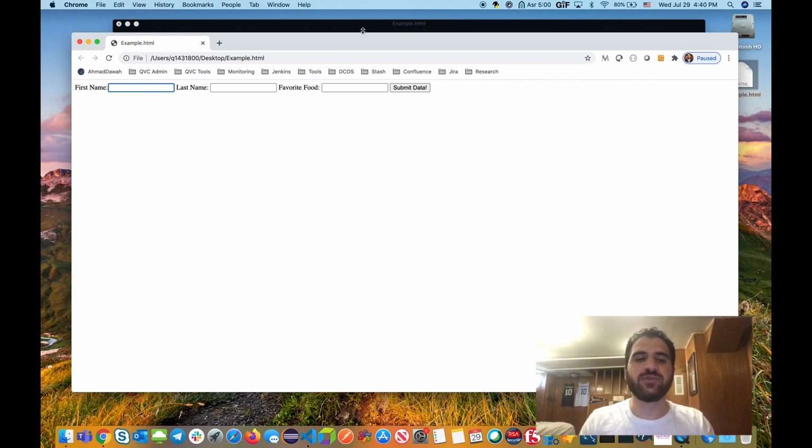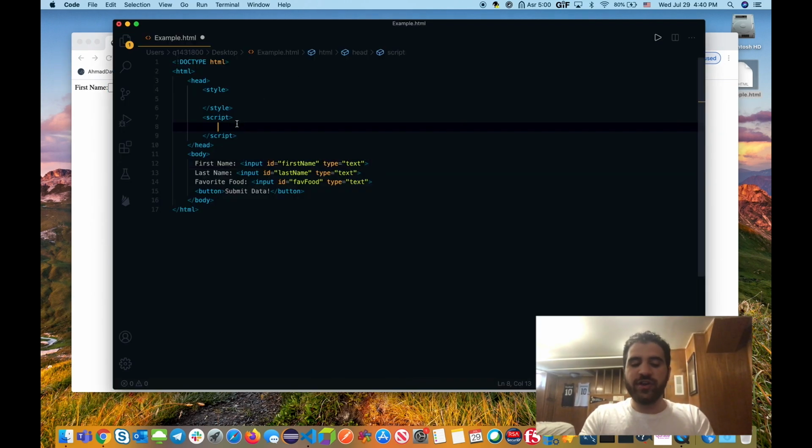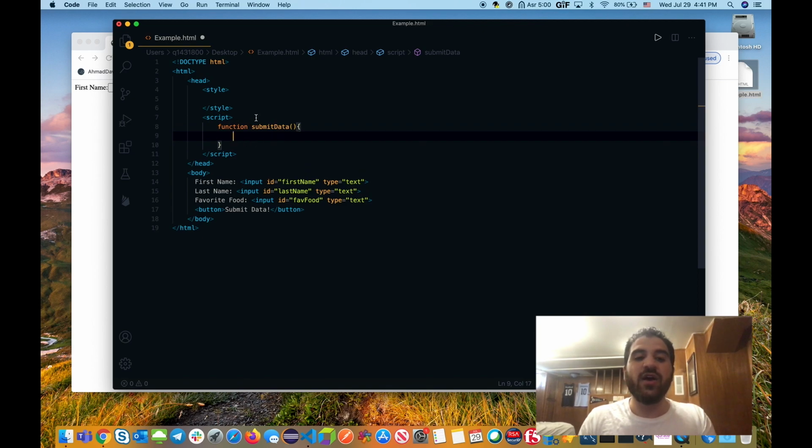Now let's go back to our code, and we need to create a function. You already know how to do this because we did it many times. Let's call our function submit data. Again, it can be whatever you want. As you've seen from older examples, we used all these different types of functions and whatever custom name we came up with. So now I'm saying, when someone goes inside this function, I want to get the value